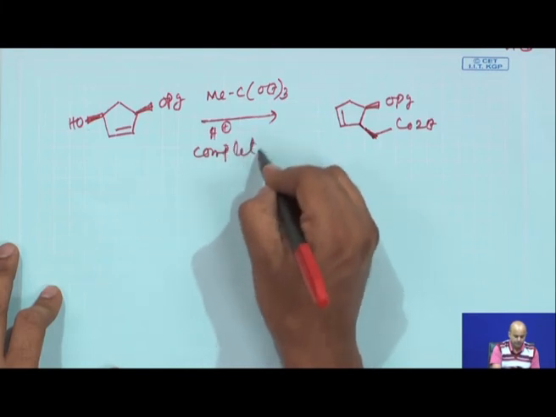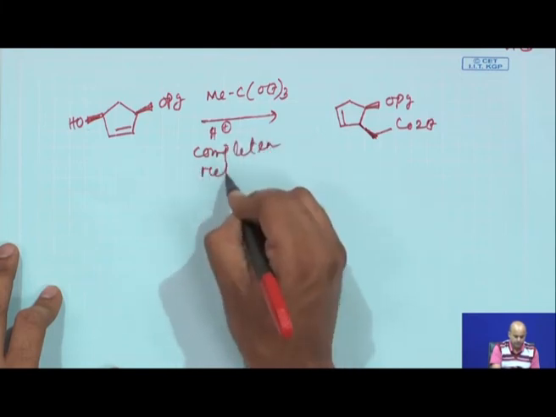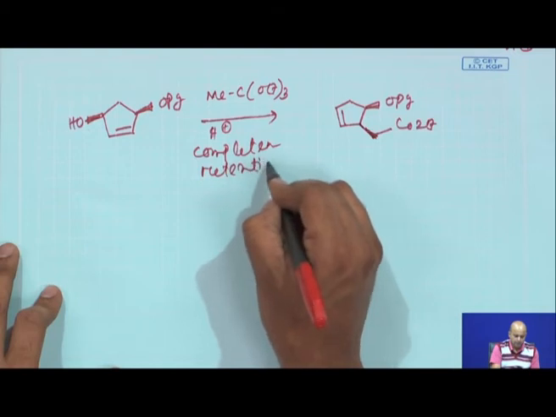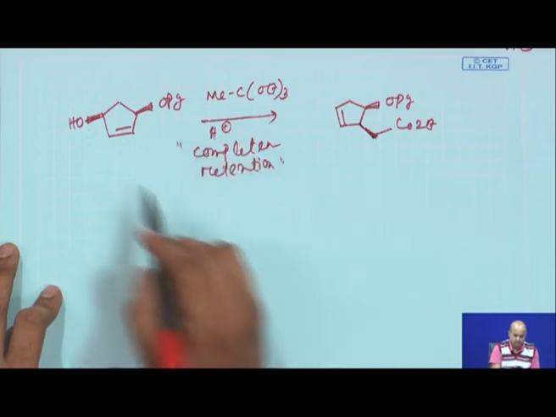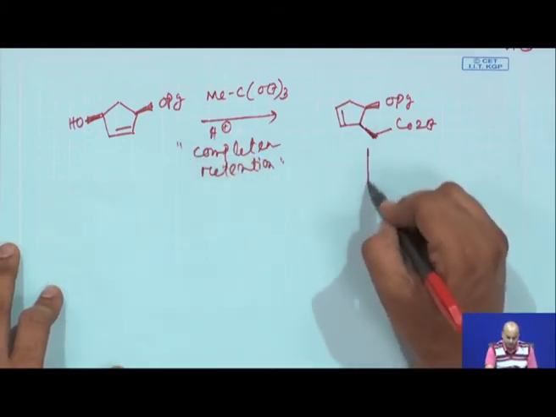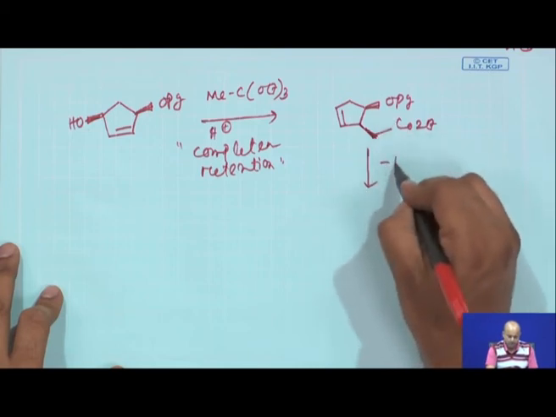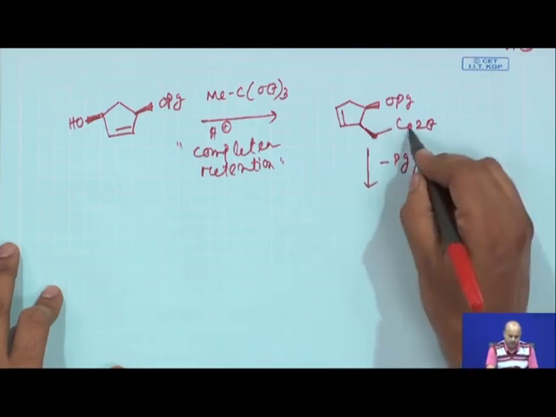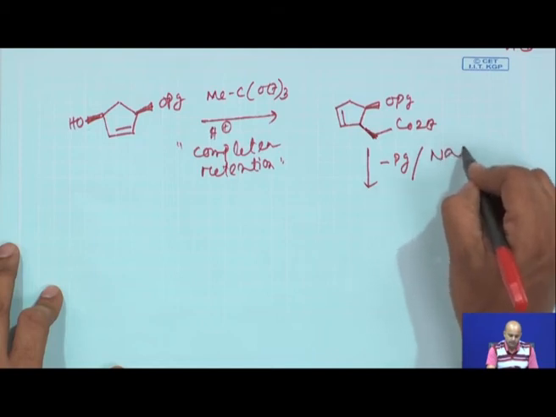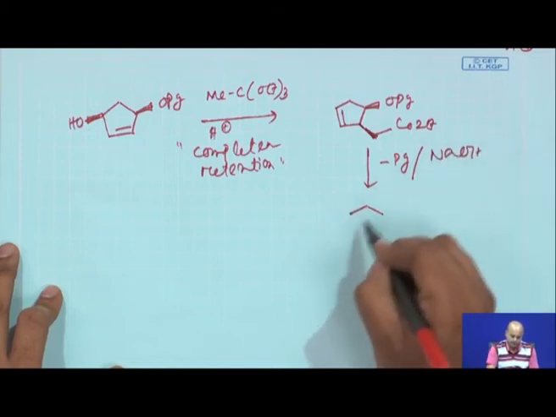As I am not explaining the mechanism of the pericyclic reaction and its stereochemical features, we are not discussing it, but just remember. Once this has been done, it is very simple: you remove this PG, hydrolyze this CO2Et by NaOH,